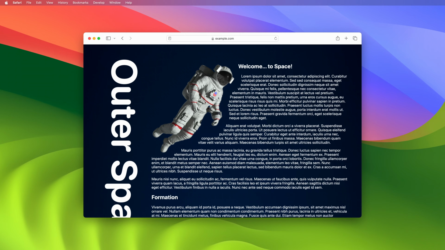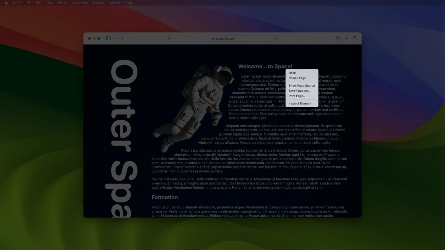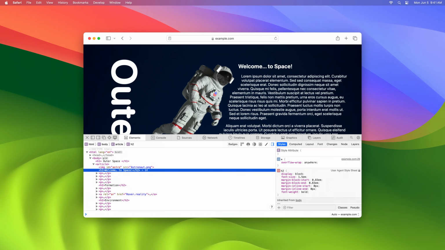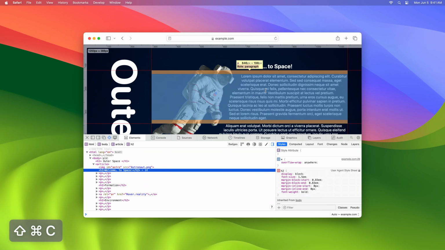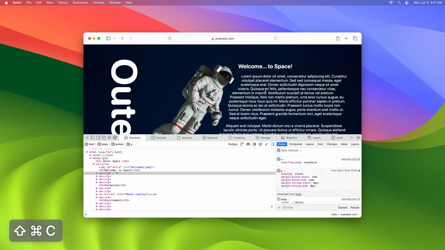Anywhere on a web page, you can Control-click to show a context menu, and choose Inspect Element, which not only shows Web Inspector, but also selects the element, showing its style and other information in the Details sidebar. Using the Inspect Element item also works even after Web Inspector is visible. You can choose another element the same way, or use the Element Selection tool to see information about each element you hover, including selectors, layout information like margin, shape outlines, and accessibility roles. When you click in Element Selection mode, the element is selected in Web Inspector.